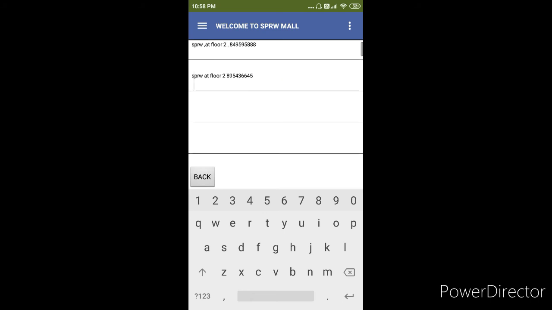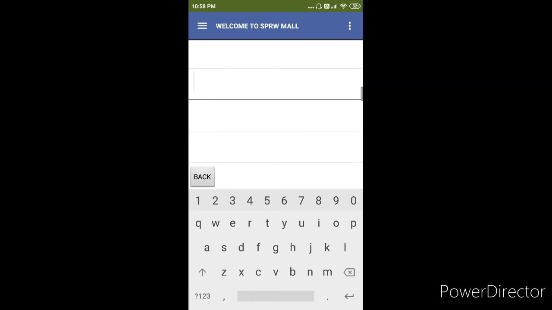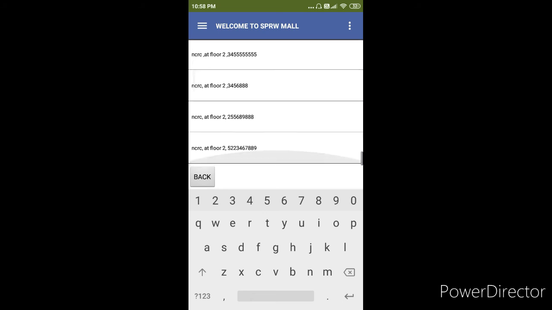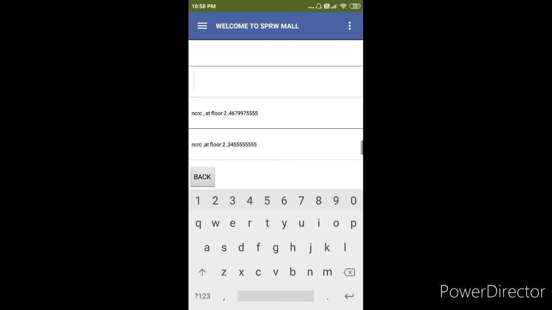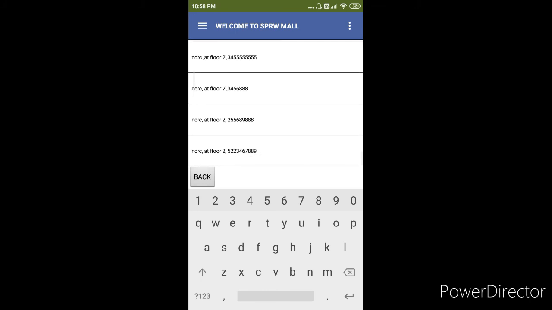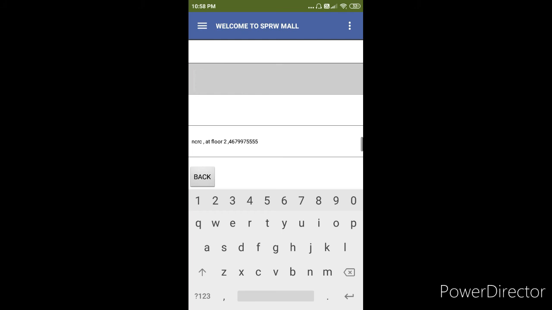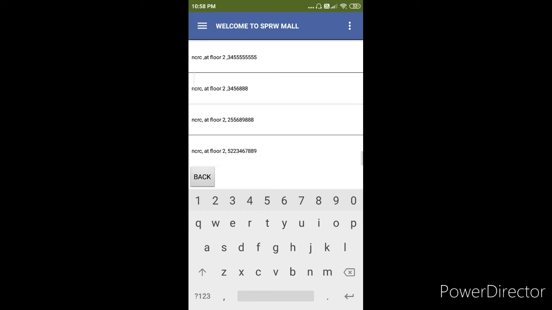As you can see, these are demo shops which I have added earlier, and they are also displayed. So you can see that if you add an empty blank, it will be showing empty. So don't make the mistake of adding an empty thing. As you can see, the shop we added is added to the clothing section.